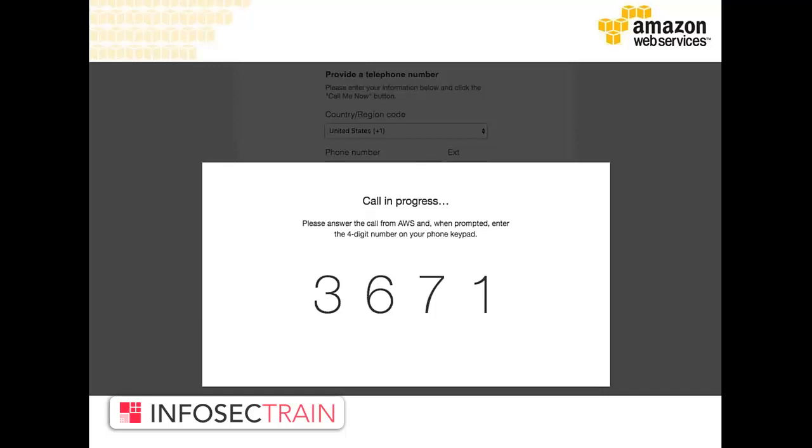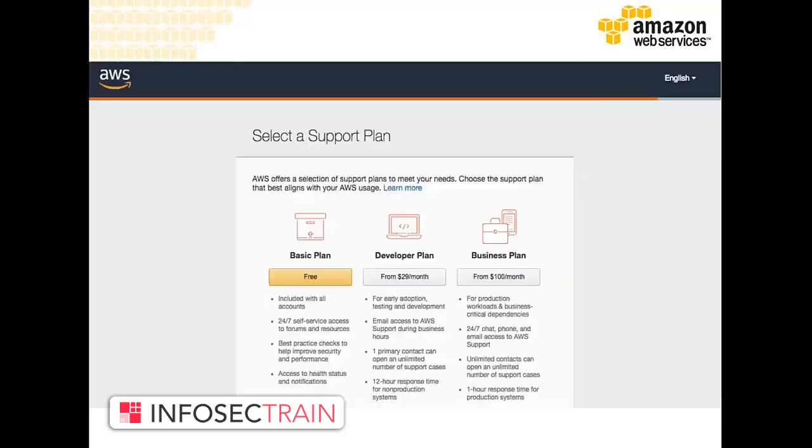Okay, fine. So once you create all this, they will ask you to select a support plan. This is actually the most confusing part for people. They will ask you to select a support plan. See, support plan means,